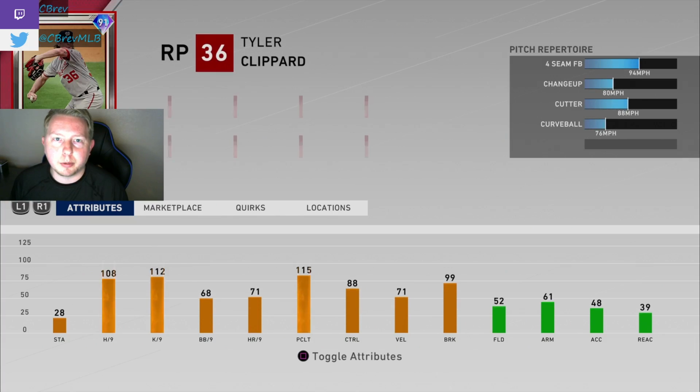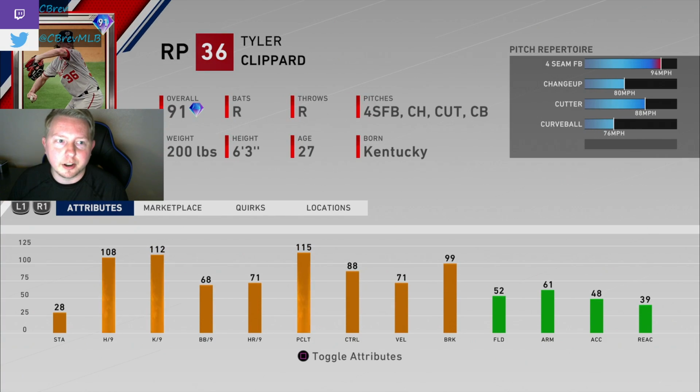First of all, 91 Prime Tyler Clifford. I love that we're getting a ton of Prime relievers because I think the Prime series is perfect for reliever cards or closer cards. This card looks pretty cool. Slow cutter, decent four seam. Clifford's changeups are usually really floaty and slow, and so I don't think this card will be very good competitively